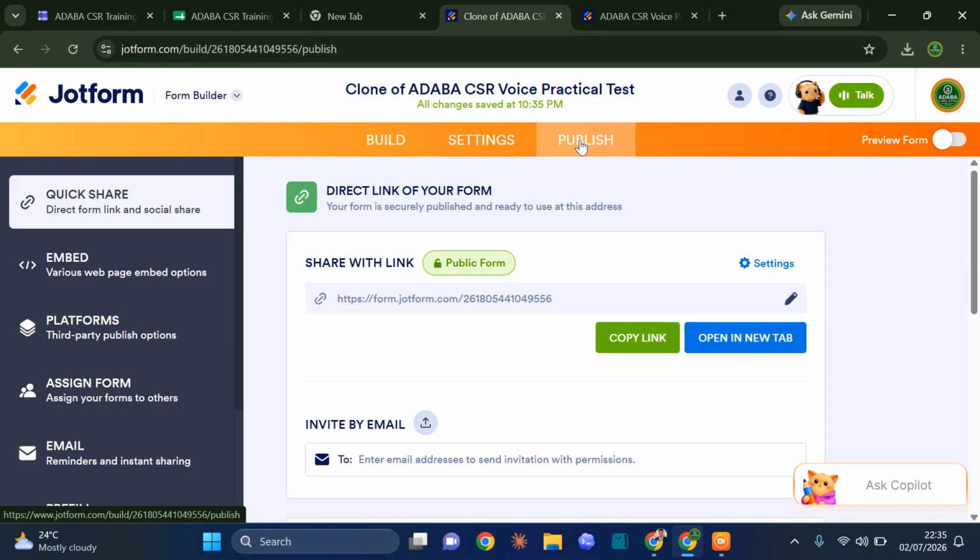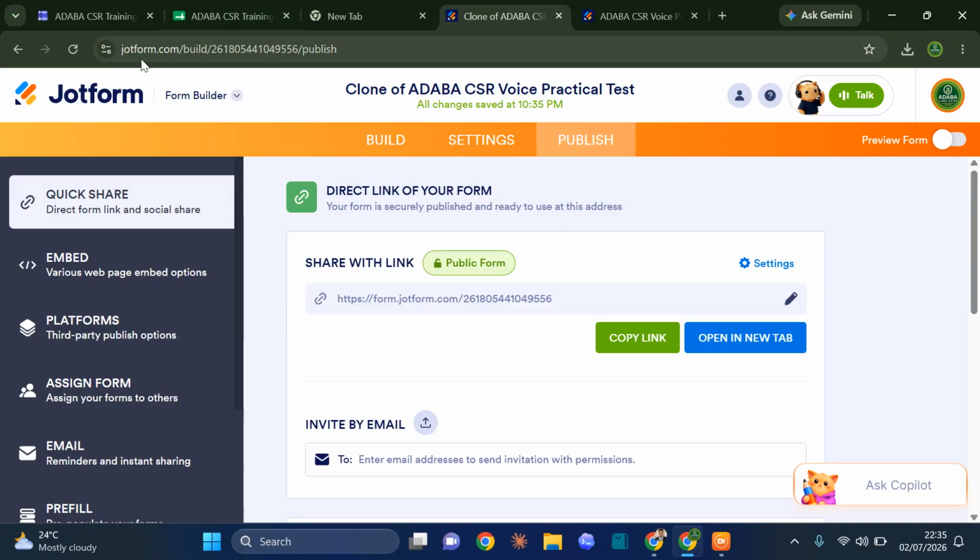It will publish the form, and you see it says share with link, public form. Copy link. You can copy the link from here and share with your CSRs, and they will be able to access it. You can see the URL, and they will be able to access the form and fill in their information. So for you to be able to access the submissions, you have to come to this URL,